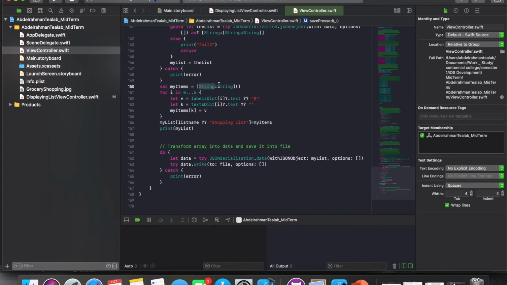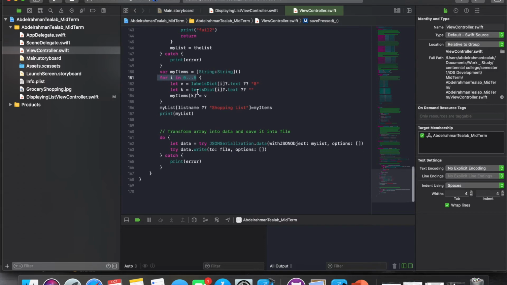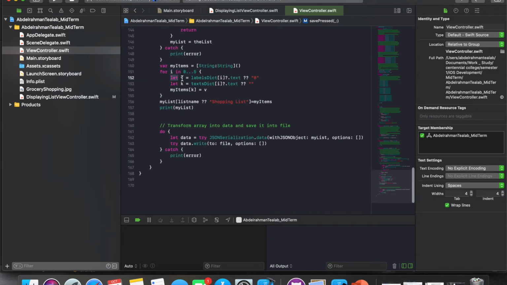Okay, so what I do here is I loop through 0 to 5, which is 6, because that's the number of items that I have. And anyways, I store in this dictionary over here the keys and values of the labels dictionary and the text dictionary. The values of the labels dictionary and the text dictionary will be stored as values and keys